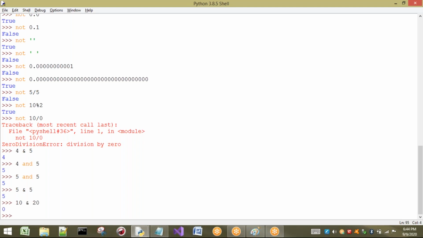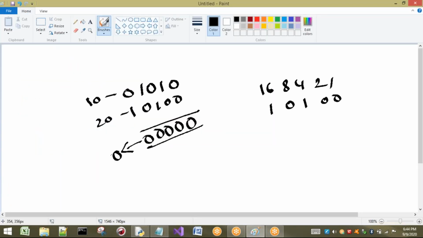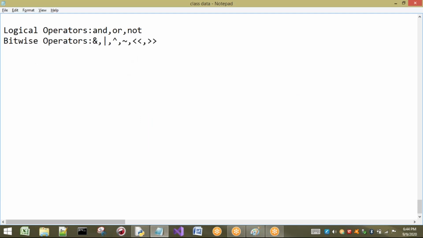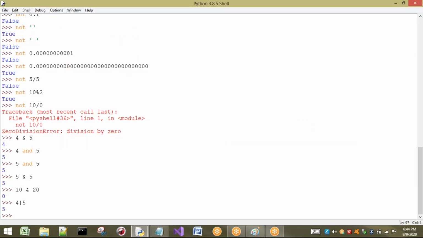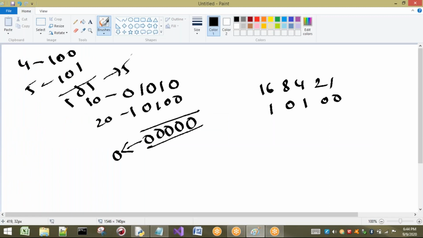Okay. Now I want to show you the OR operation. Firstly I will show you 4 or 5. What is it going to give you? 5. How is it going to give that? The same way we already did: 4 and 5 are 100 and 101. Except for 0 and 0 being 0, the remaining are all ones. So 101 is nothing but 5. Right. Now let us take one more example, 10 or 20. It is going to give 30. I will show you this example and then go on to the remaining operators.